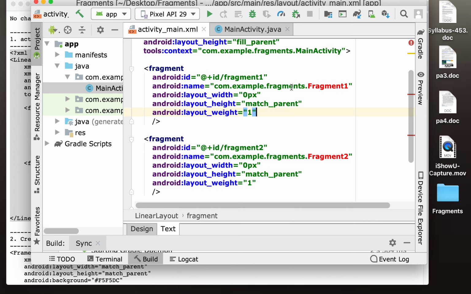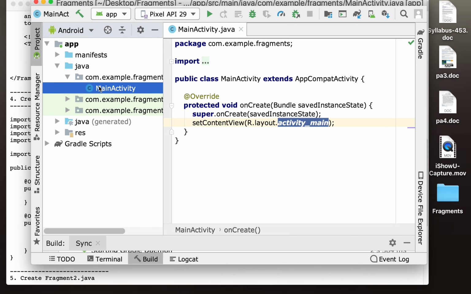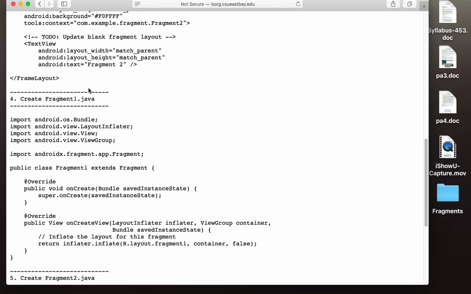I showed you in class how to create the XML files as layouts and how to create the Java file as one class object. So let me do it a different way this time, and I'll show you the more automated way of doing it where we can do them both together. Because really what we want to do is add another two more activities, fragment 1 and fragment 2 activities. So fragment1.java and fragment2.java, and then I want to automatically add the XML screens, and there's a little button I can click when I do that that will do it for me. So I'm going to go up to File, and I'm going to go to New, and I'm going to go down to Activity,